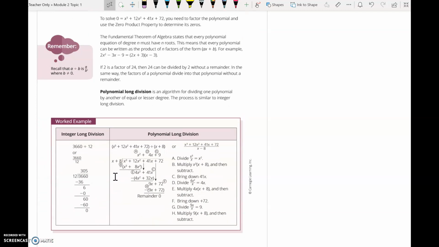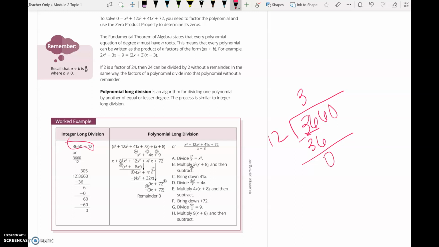So we're going to be doing what's called polynomial long division. And it looks pretty scary right now, but it's actually pretty similar to integer long division. So if I took 3,660 and I divided it by 12, I'd ask myself, okay, how many times can 12 go into 3? Oh, it can't, right? So how many times can 12 go into 36? That's 3 times. I do 3 times 12, and I subtract. I bring down what I have left,